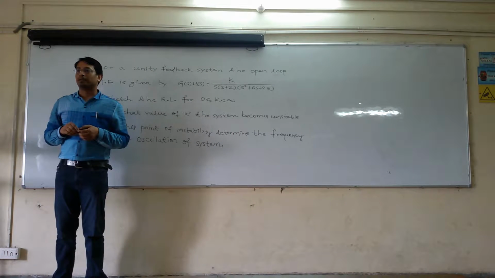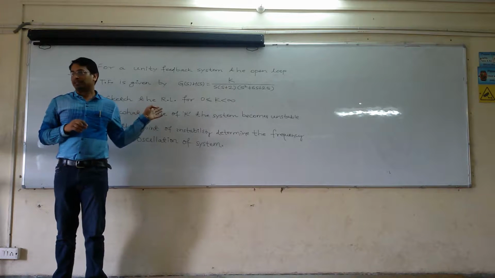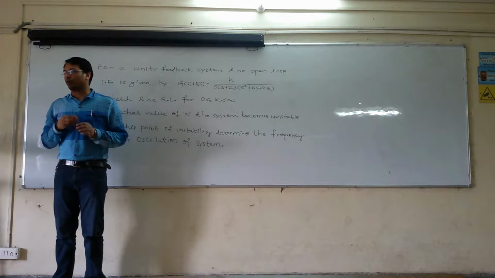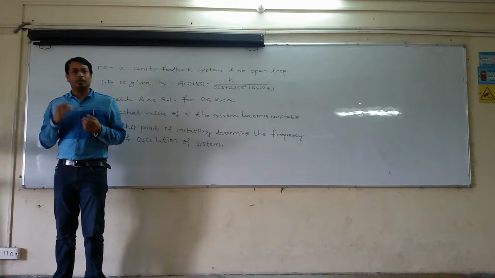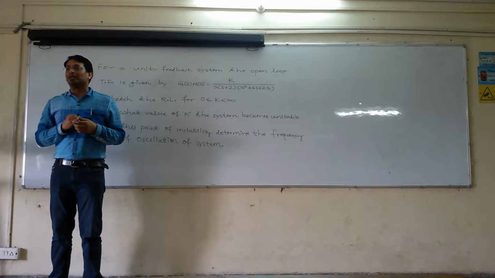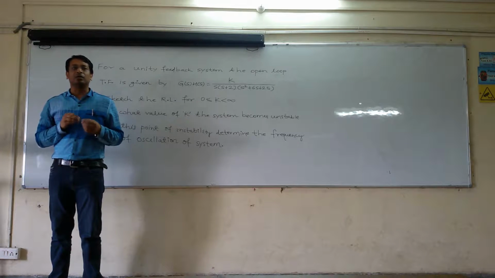Well, so let us start our analysis of root locus. Before seeing this particular example, I would like to have a quick recap of our rules of root locus. Rule number 1: root locus is symmetrical about the sigma axis or real axis. Rule number 2 states that root locus starts from the poles and ends at the zeros.